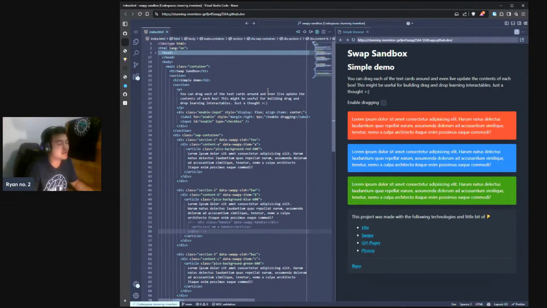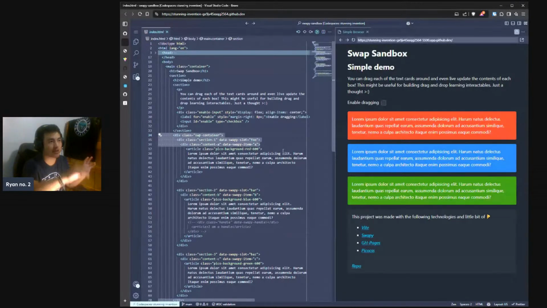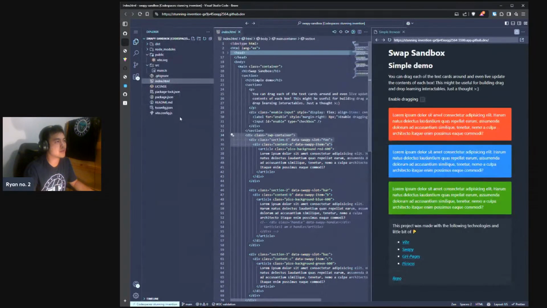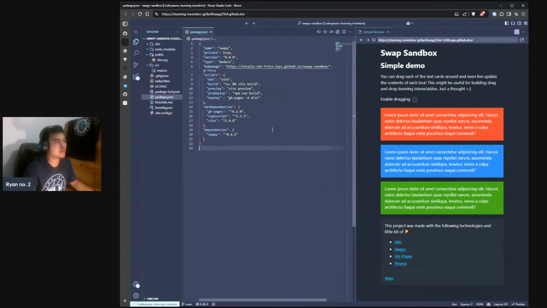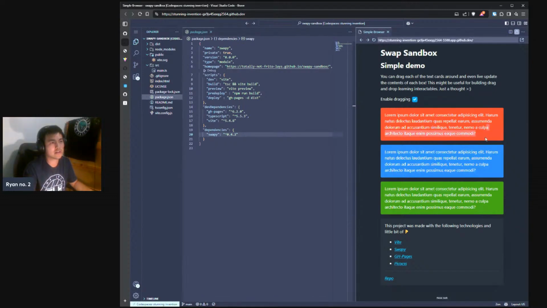The main thing that we needed to take away was that we've got three different layers for each container that is grabbable. And in this repo, we only have a few dependencies or libraries that we're playing around with. We've got four in total. So Swappy is the library that we're trying to focus on, that allows us to,